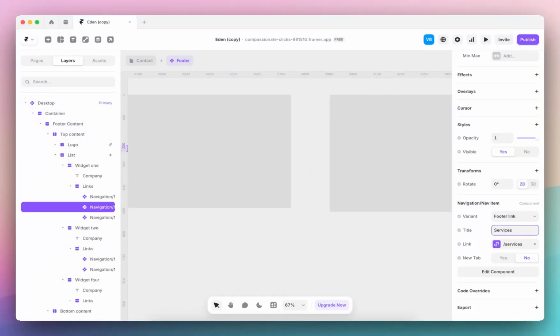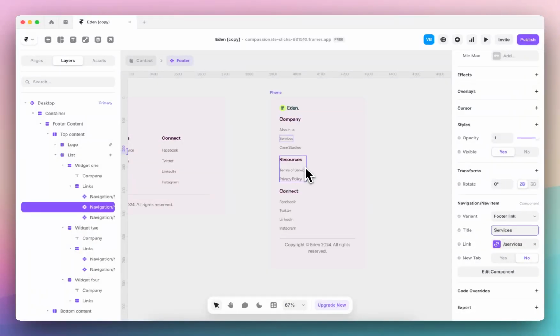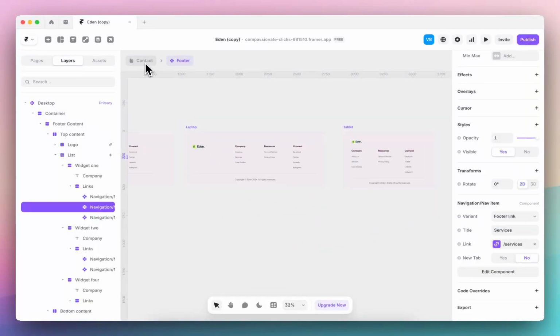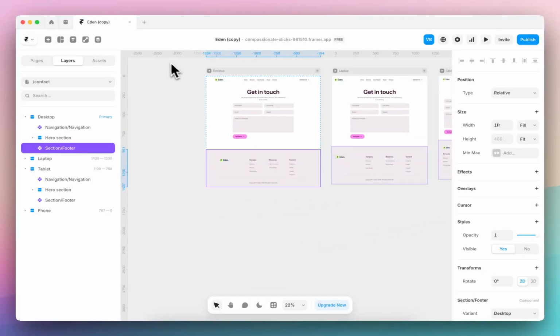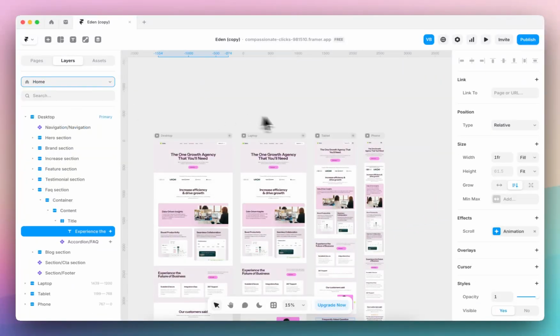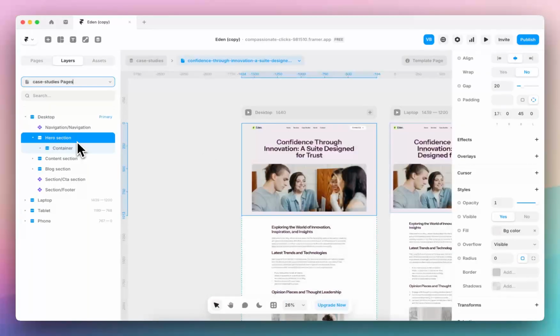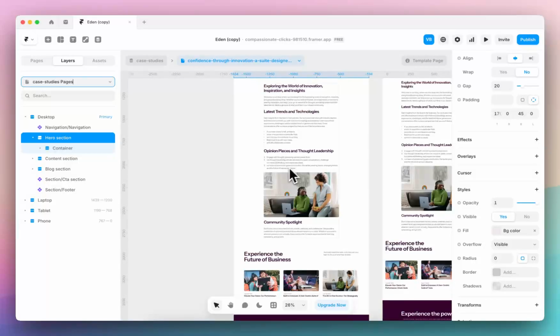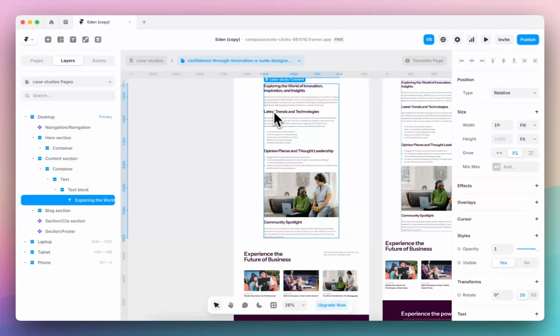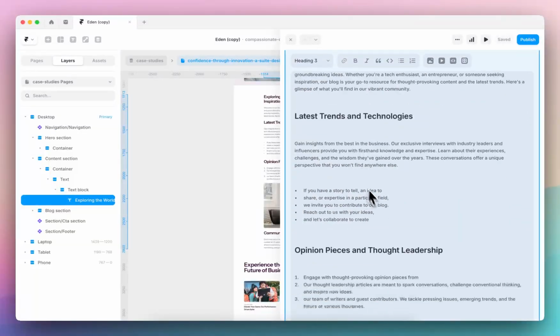And has that rolled out to mobile? It should have. Perfect. So now I've changed my footer navigation, I've changed my header navigation, I've changed the content. I've talked you through adjusting the blog posts to be case studies. And if you needed more images, because this case study content is kind of managed in the editor, I can